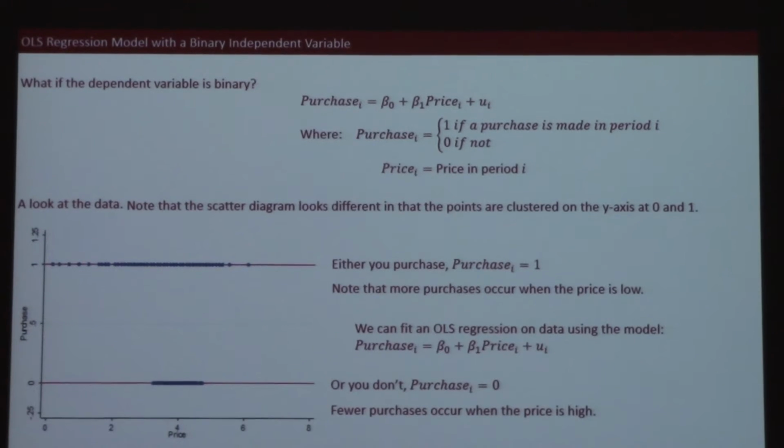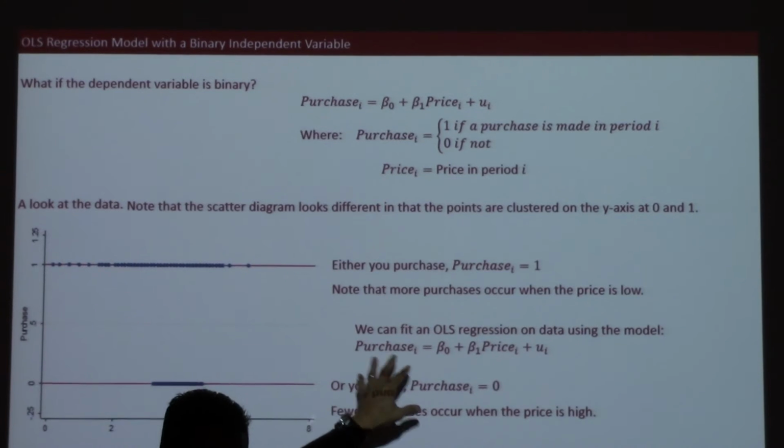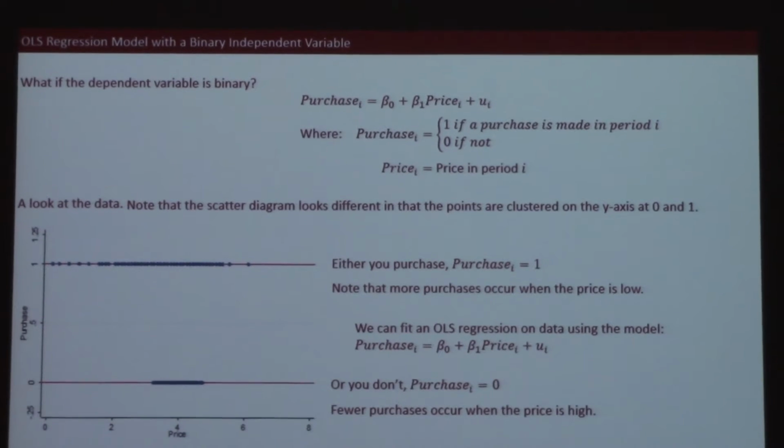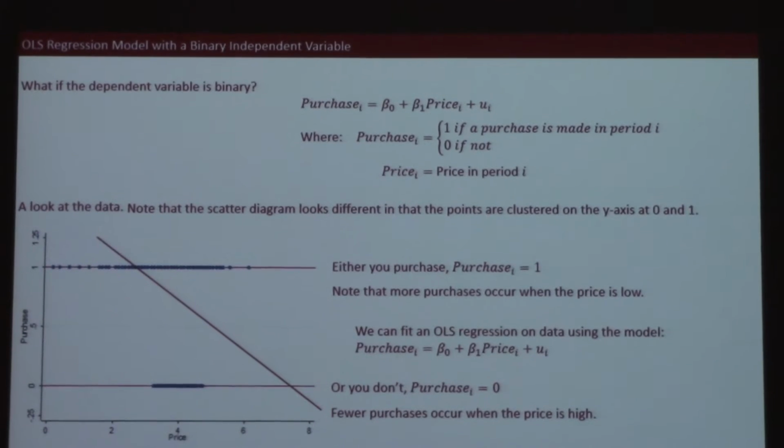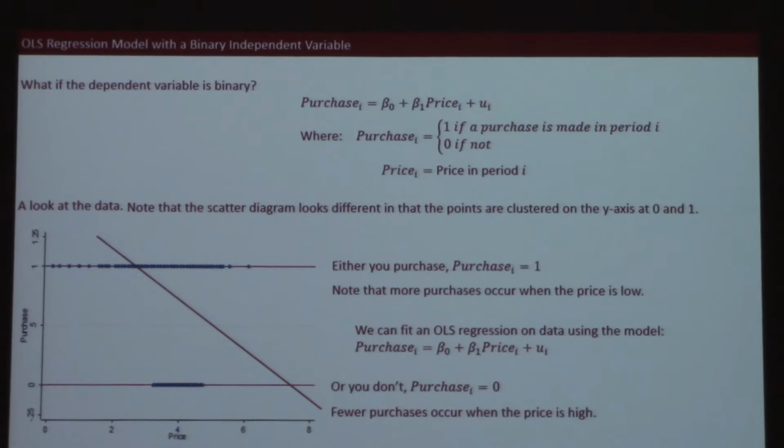Now, technically you can fit an ordinary least squares regression. We can run our normal regression on this data, and we'll get some results. I don't know what those results are, but we'll get a straight line, the straight line that best fits the data, although that almost sounds counterintuitive because the line is a horrible fit.